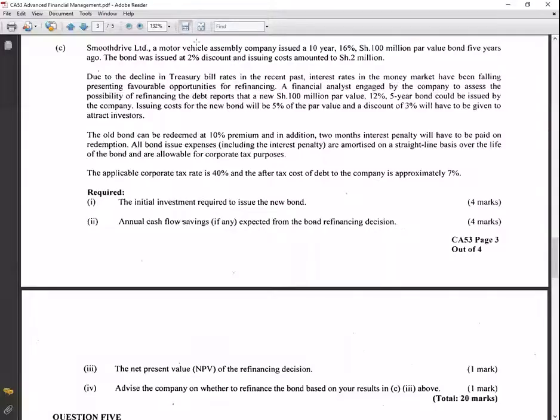It was 2 million over 10 years. But remember, at the middle of this bond, we are going to reissue a new bond. So meaning the first 5 years would have lapsed. The amortized issue cost will be left again with 5 over 10. So the unamortized issue cost,